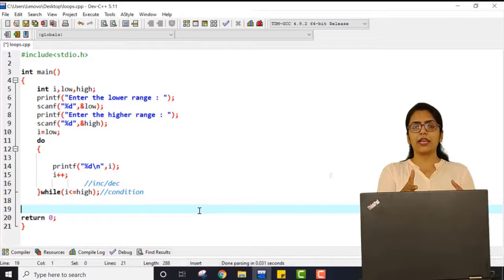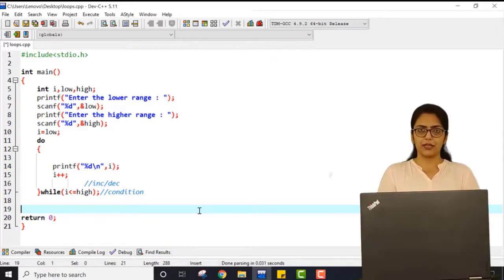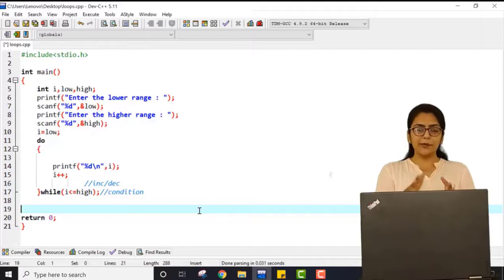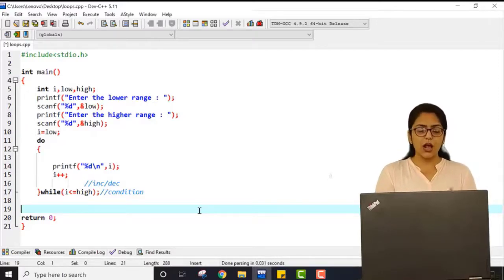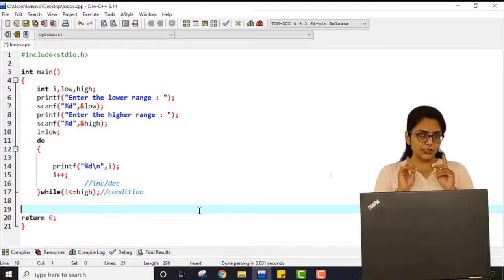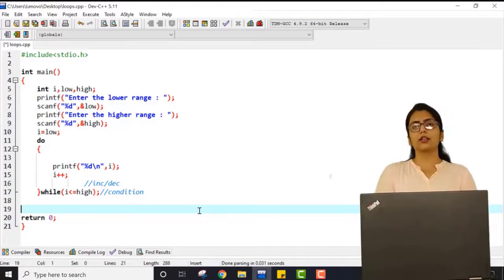If it has a key, then it will stay inside the loop, otherwise it will go outside. So here it will just blindly print the value of I and increment the value of I. Once the value of I is incremented, it will check if this incremented value is greater than or equal to high or not. If this condition is true, then it will again enter the loop. If this condition is false, then it cannot enter the loop.